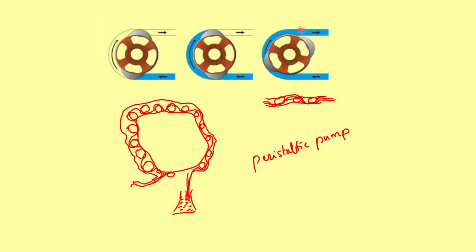But in peristaltic pumps, the liquid does not come in contact with any of the metal parts. That means the contamination is minimal here. That is required because we are going to determine many elements at parts per million or parts per billion level, parts per trillion also. So, any small contamination can disrupt the result. One has to be very wary of contamination, and for this purpose a peristaltic pump is used,